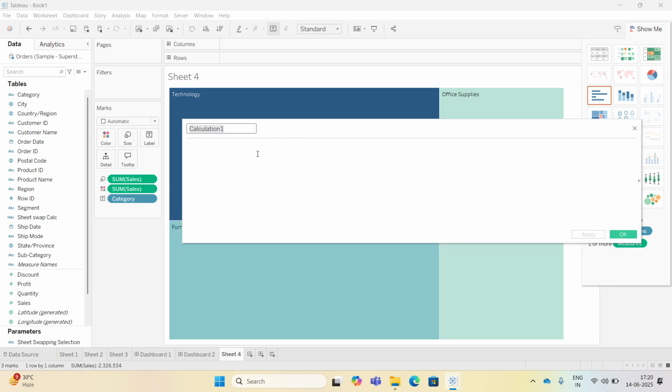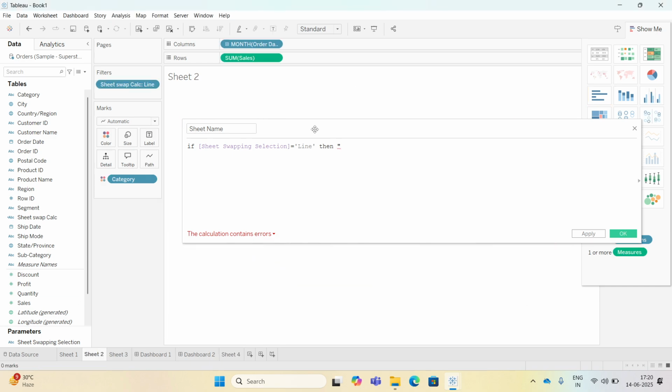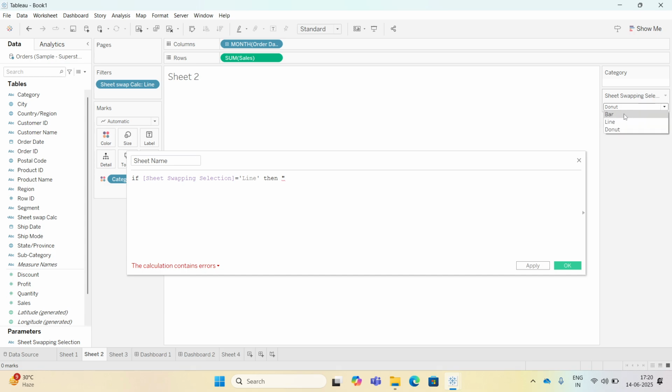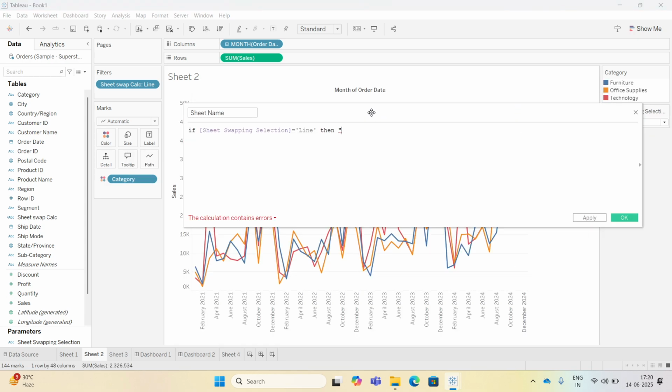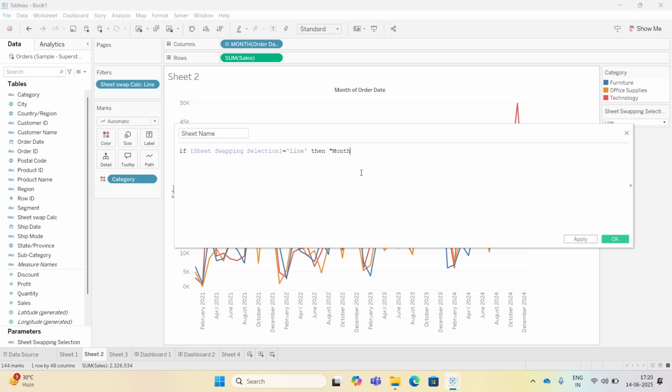This will bring you the sheet name as a dynamic label based on the selection. If your parameter is equal to line, then the sheet name is a monthly analysis, right? Let us take monthly sales analysis. You can change it to whatever you want. Else if